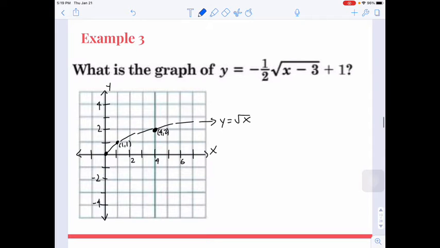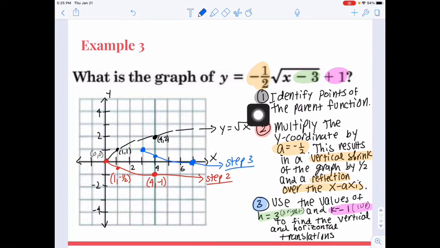So for example 3, it says, what is the graph of y equals negative 1/2 times the square root of x minus 3 plus 1? The first step to graph y equals negative 1/2 times the square root of x minus 3 plus 1 is to identify points of the parent function. So that's this piece right here. The black dashed graph is going to be our parent function, and we have the points 0, 0, 1, 1,